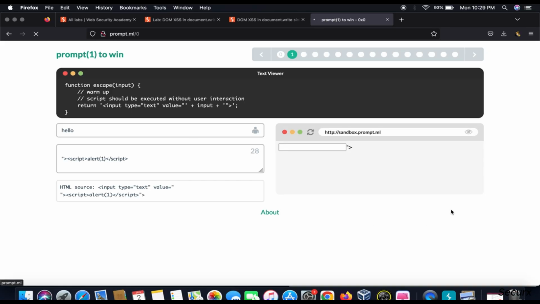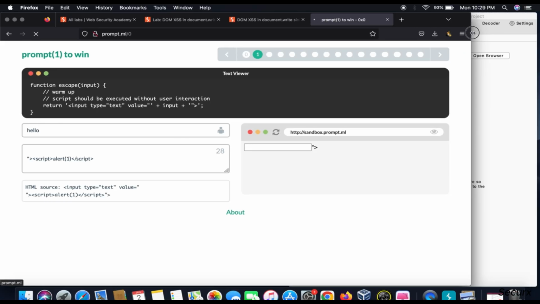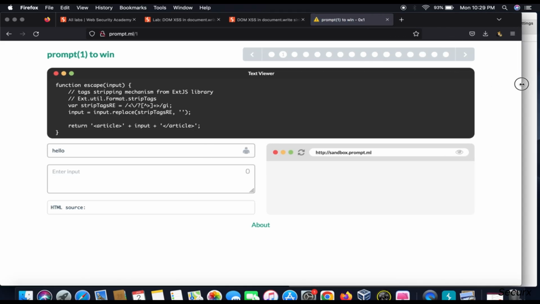So the other task is loading. We will do the same thing. We will write hello, and this time there are no HTML tags, rather it says an article. So we will craft a custom query of an SVG onload. But this time also it doesn't execute. See, it doesn't execute. So you can practice things here, but to overcome this,